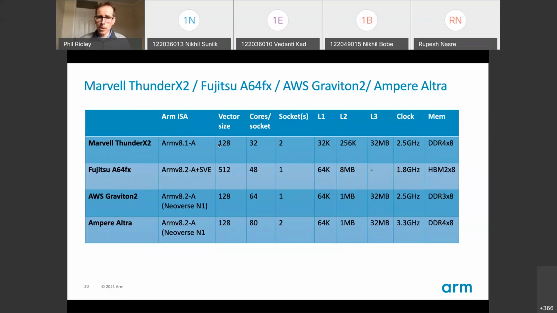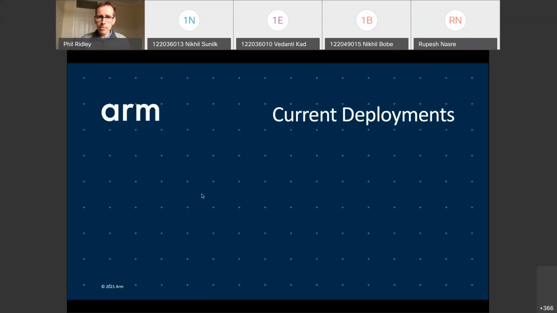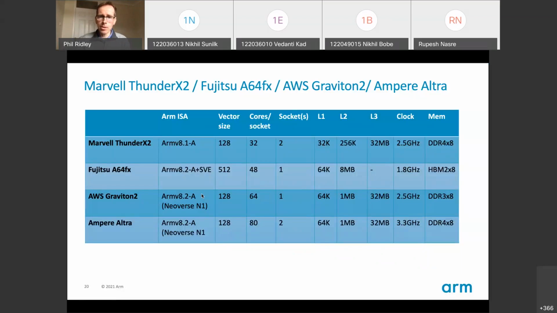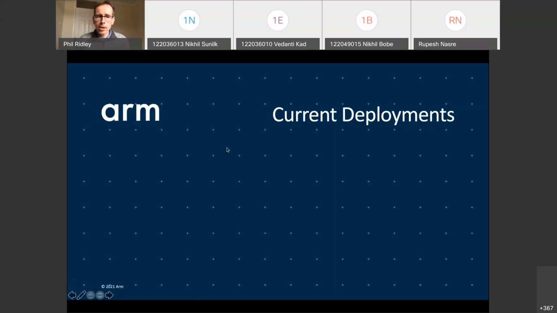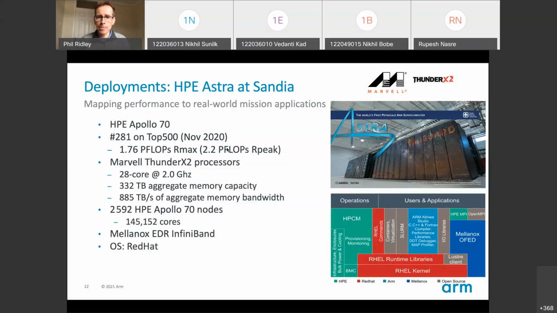coming in the future will be vector registers with 256-bit sizes, which will be based on the Neoverse V1 design. But at the moment, we're with the 128-bit Neon size registers. So for the remainder of this talk, I'll talk about some current deployments that we have based globally, which are using ARM-based HPC processors. The first of which is based in the US, the Astra system, which is at Sandia